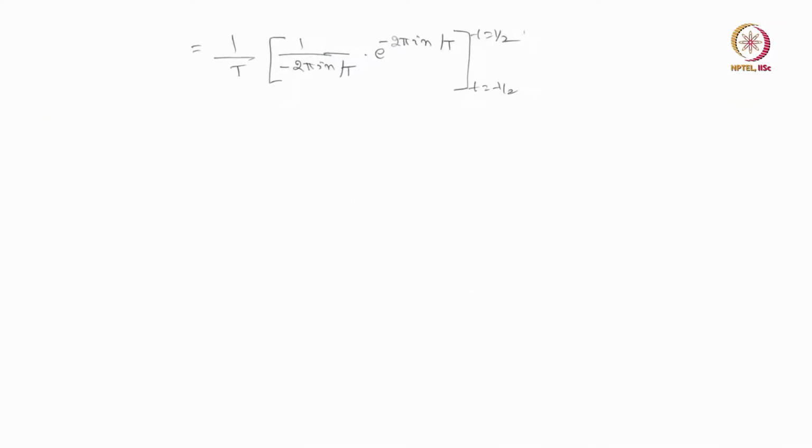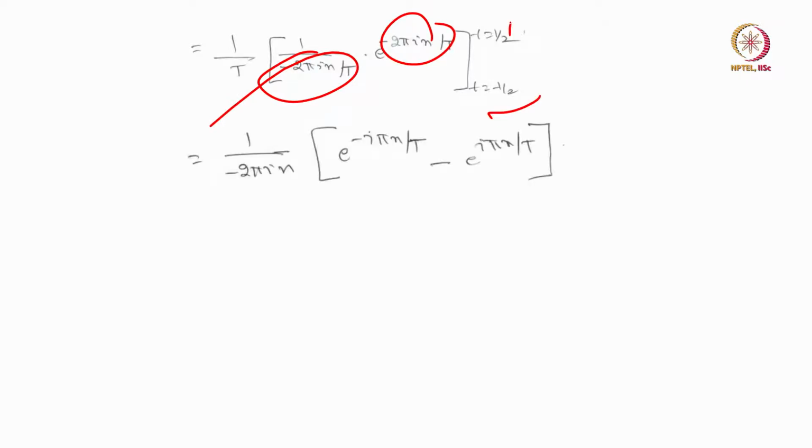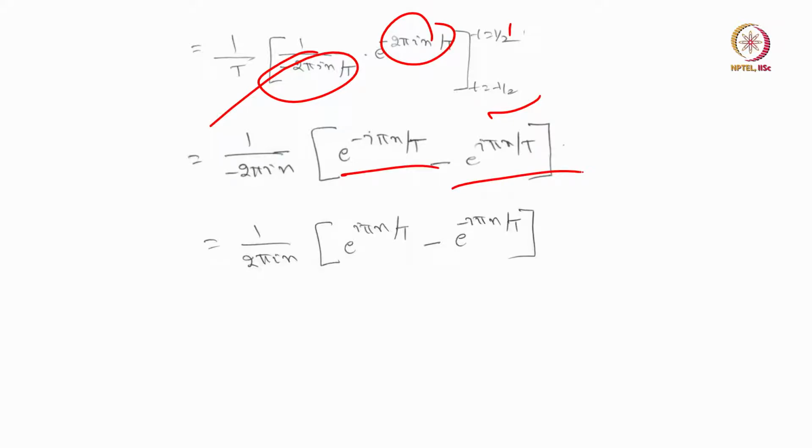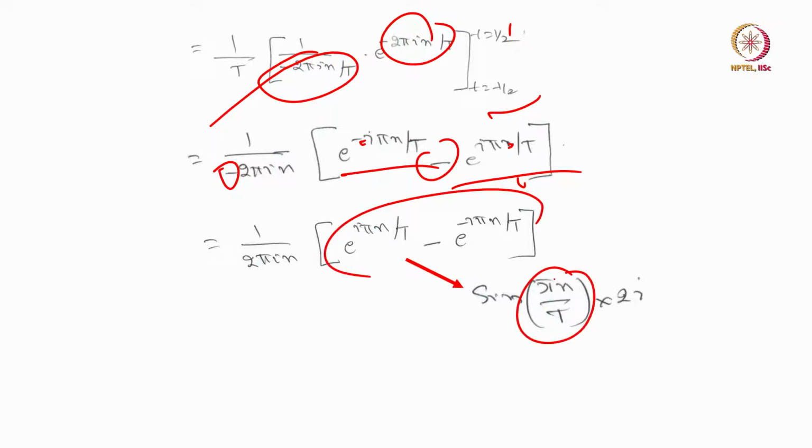So now express this as 1 over T. Of course when you integrate this, this term comes in the denominator and the limit is known actually, integration limits minus half and plus half, substitute it, then this turns out to be this one. When you substitute this one, then what will happen? Again further simplify it, do a little bit of simple mathematical operation. I have not done anything more here. So this minus sign I removed by bringing it here, that's all I did, nothing else. Okay. Now this can be written as sin(pi n by T), that is very well known.